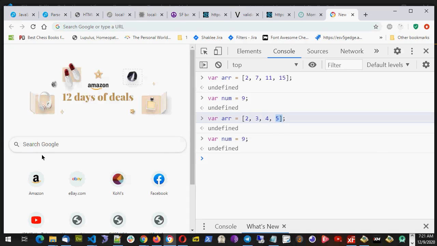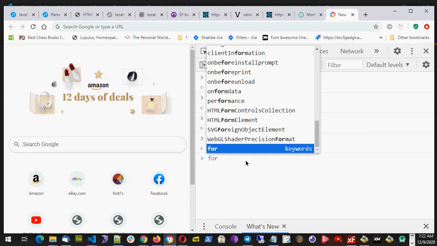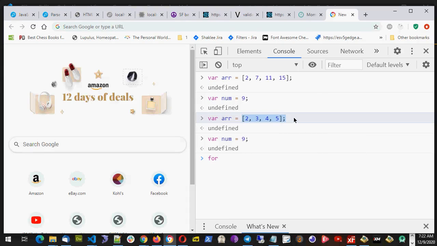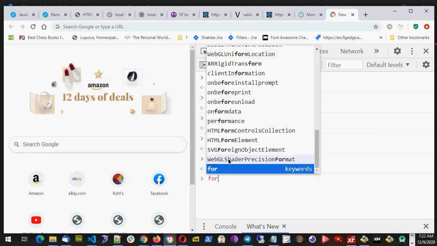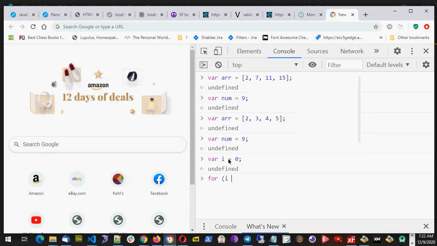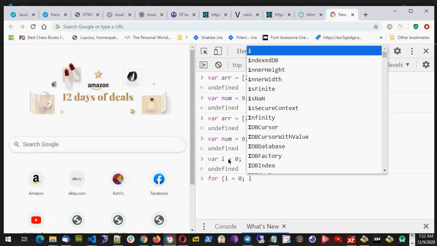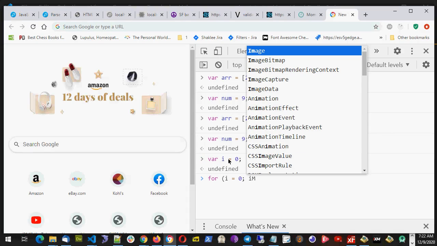Okay. So that is the purpose of this problem. So one way is like this. I can do like this. That is not the right way, but that is the easiest thinking which I will do. I will loop through first time. So for example, I'll say I equal to 0. So I'll loop through for I equal to 0, I less than,